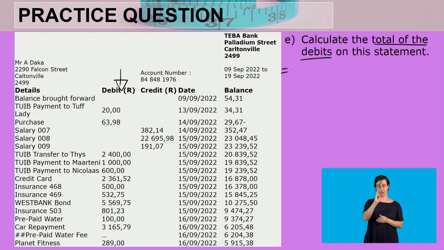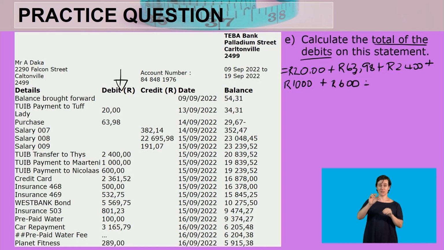So firstly, we have our 20 rand, 63 rand 98 cents, plus 2,400, plus 1,000, plus 600, plus 2,361.52, plus